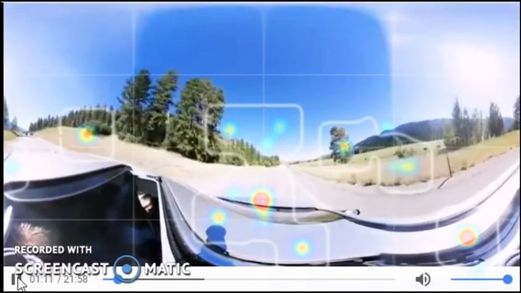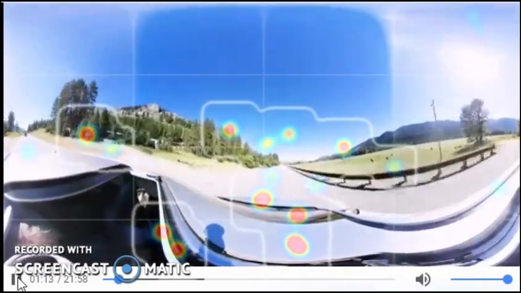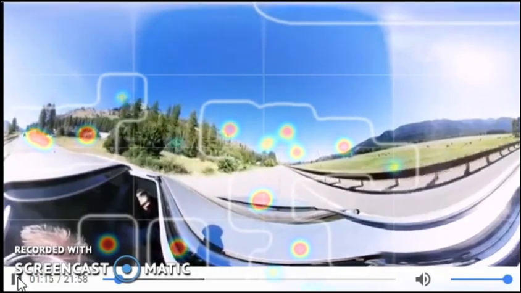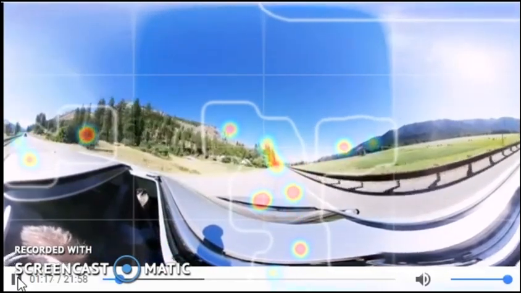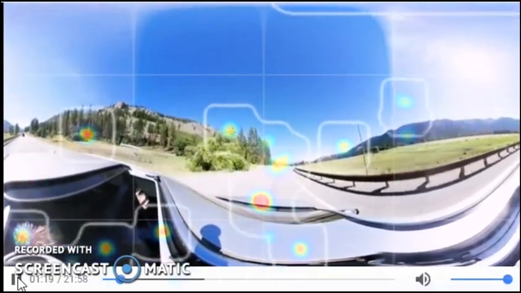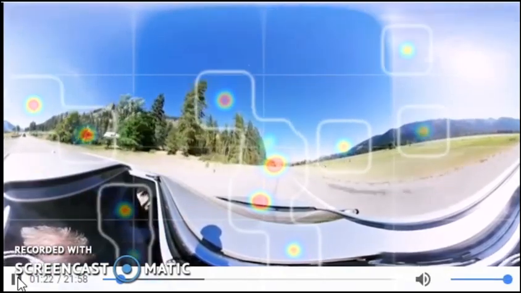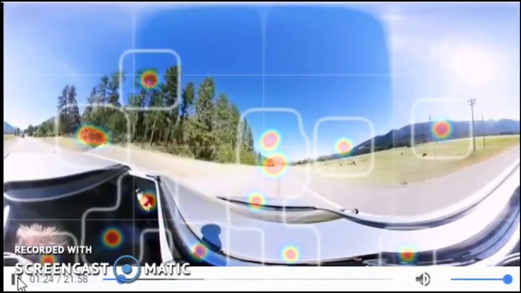I've moved to the Adobe Creative Cloud where I can actually set the primary focus of the clip, and so I think that'll be much better, because right now you can see we're driving down a road and people are